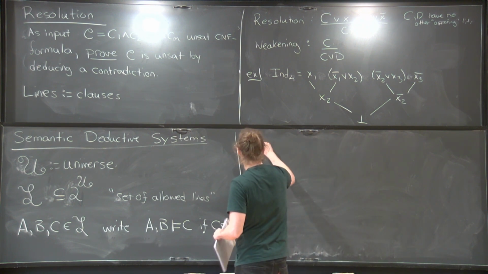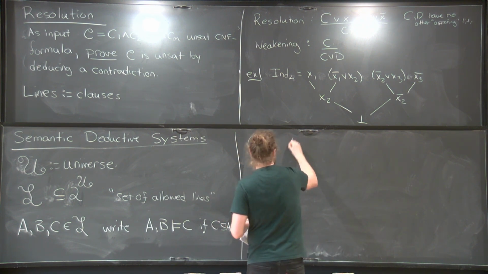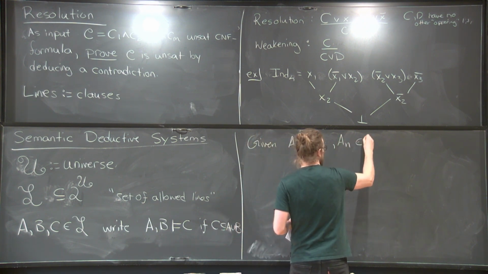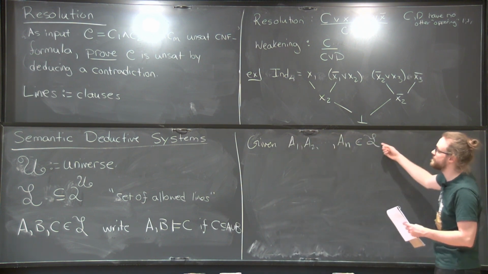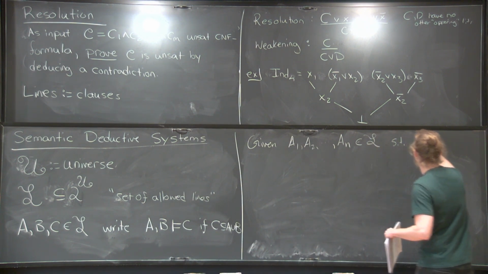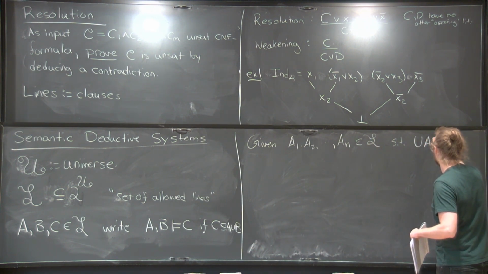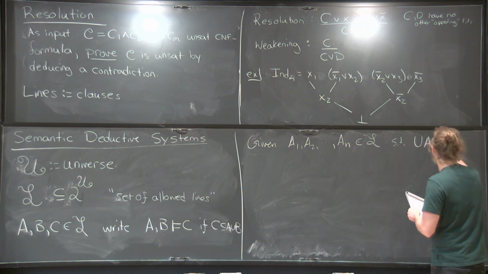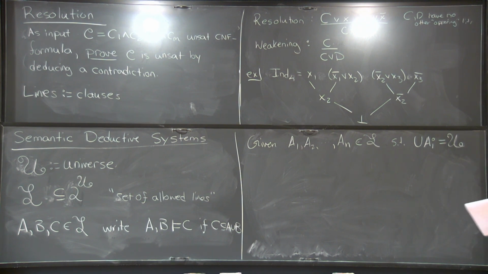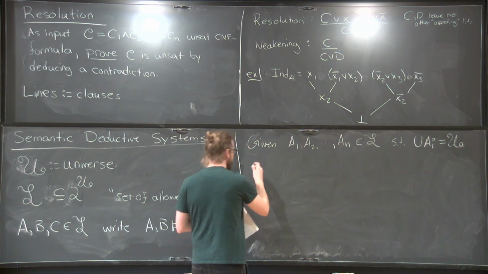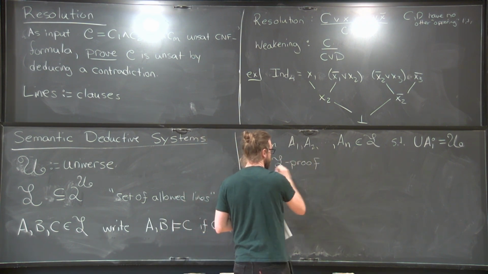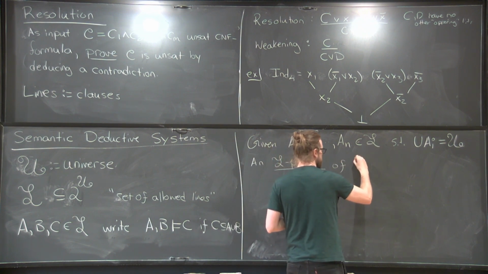Okay. And now, if we're given A1 through Am, a set of lines, which we'll think of as axioms, such that the union of the A sub i covers the whole universe, okay? Then an L proof of U